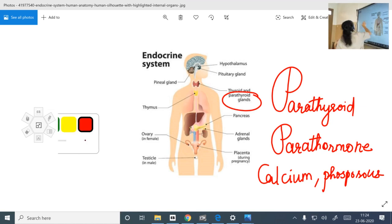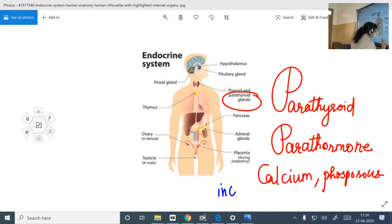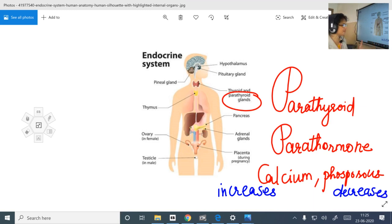So here children, you have to understand this parathormone increases the blood calcium level, and also it decreases the phosphorus level in the blood. So here the parathormone, what does it do is, calcitonin, first you have to study about one hormone clearly. Calcitonin reduces the calcium level. So parathormone does the other action. Parathormone increases the calcium level in the blood and it also decreases the phosphorus level in the blood,